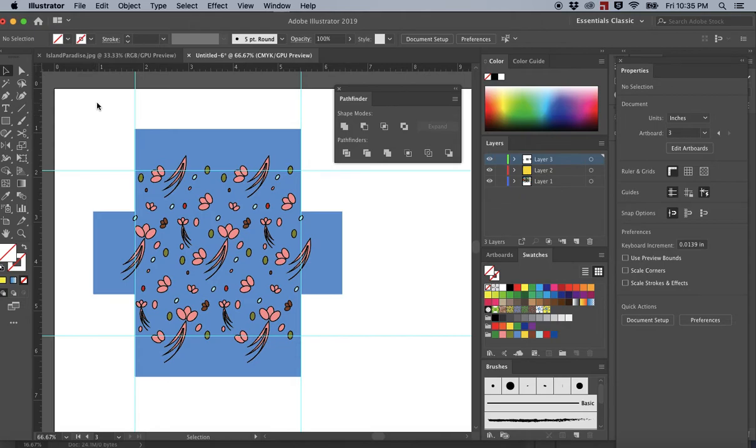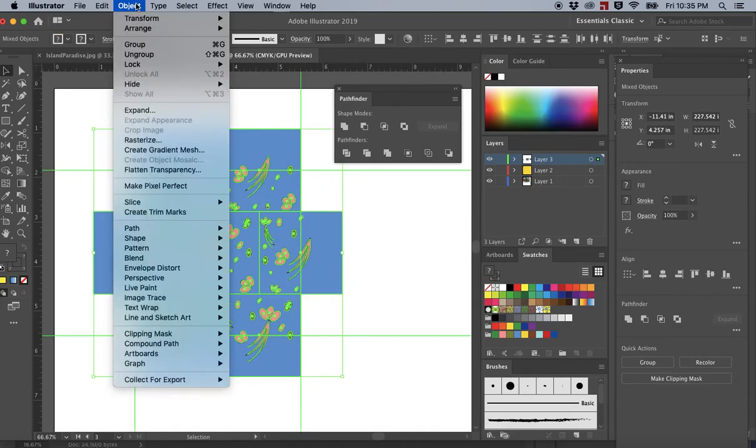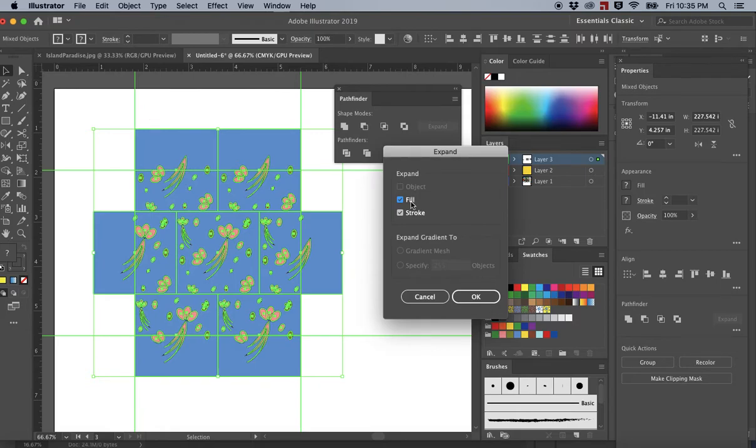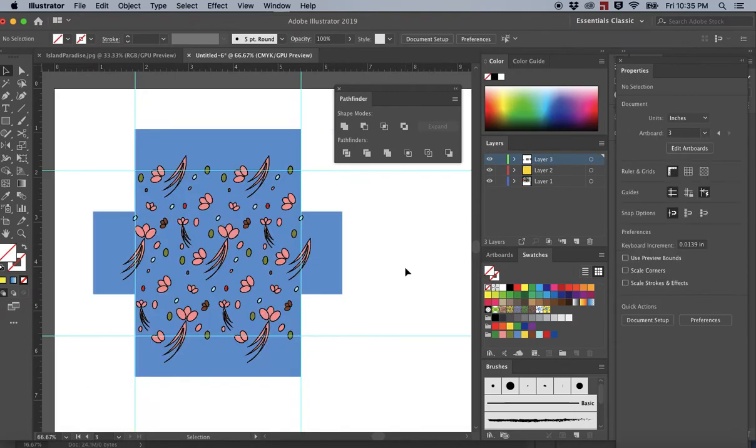And I'm going to select, first of all, yes, my guides are good. Okay, great. I'm going to select everything and then go to Object, Expand. Make sure your fill and stroke is selected and click OK. All right. So now